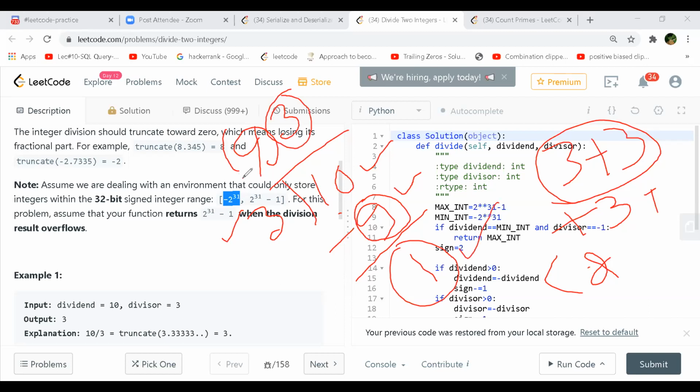So what Srinu is saying is that you do the brute force way. You take the dividend and keep subtracting the divisor from it, as long as the difference is greater than 0, and you keep counting how many times you do it. That will be your answer.